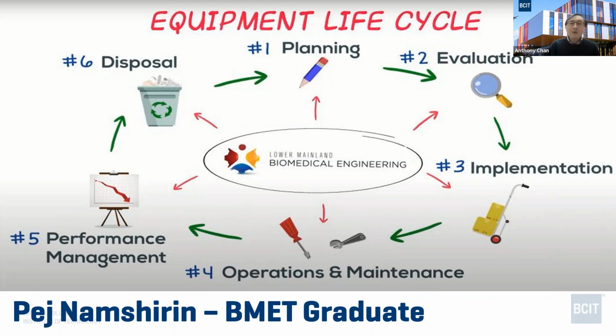And the other thing is, it's not a big proportion of our student population, but every year we have a few engineers that graduate from an engineering program, and then they come to BCIT because BCIT is famous for hands-on. The graduate can actually do a lot of hands-on work compared to university, which is more focused on the theory of the technology. If you are interested, we can chat more during the question and answer